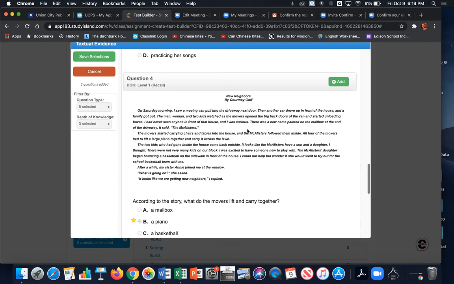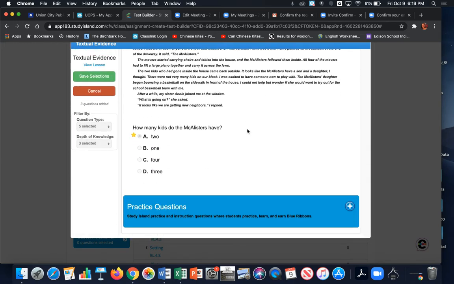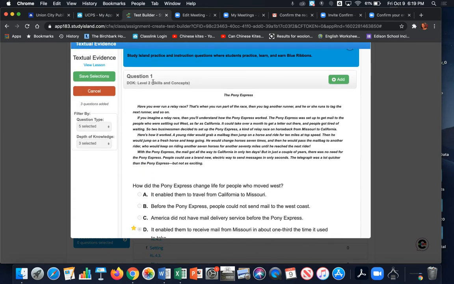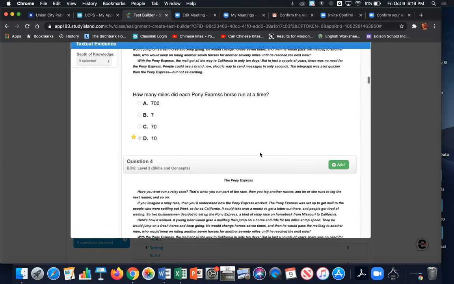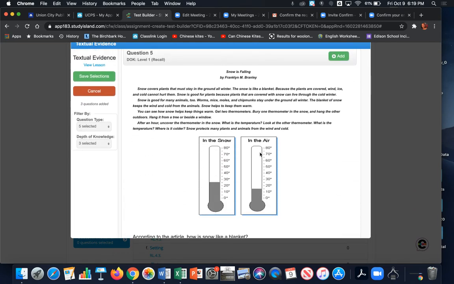Okay, now it's a new passage. I'm going to skip these. Okay, so those are my choices for the assessment question bank. Now I can click on the practice question bank and open up that and see what types of questions I have here. You can see I have a different depth of knowledge level, and I could come and click if I'd like to click on those,